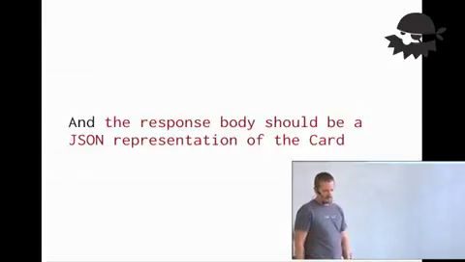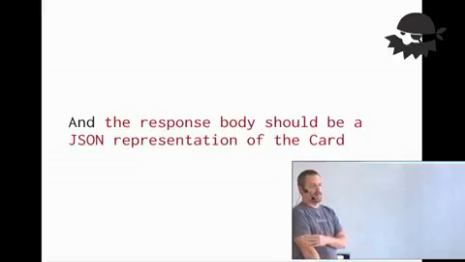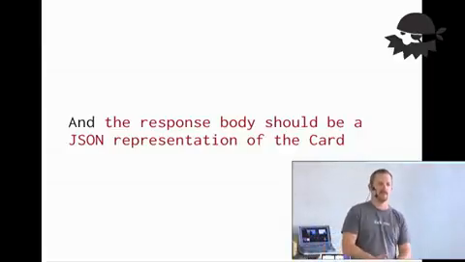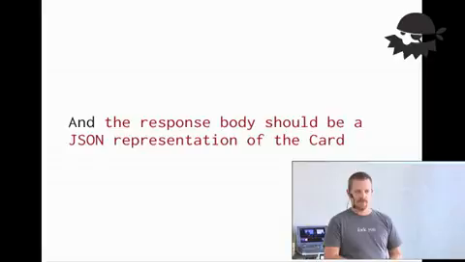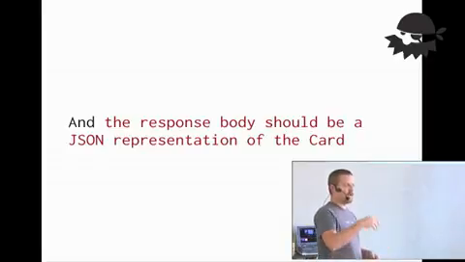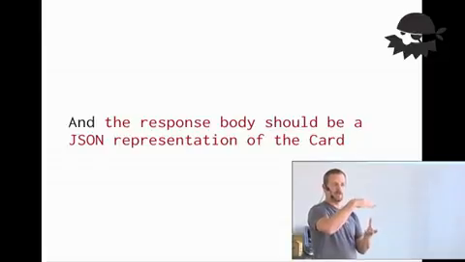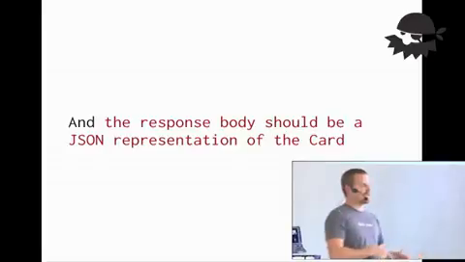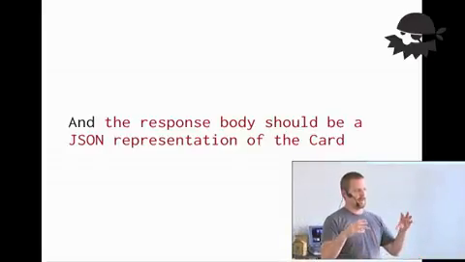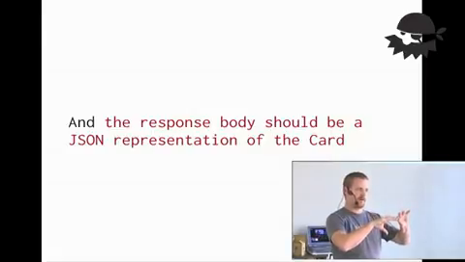And then the final step there is that it should be a representation of the card. This is a bit of a punt, and the reason I say this is a bit of a punt is because what I really would like to be able to say, and I tried this the first time around, is that the response should be, and I should see the JSON, I should be able to, in the code, describe what the JSON response looks like. The problem with this is it's still early in the stage of actually being able to compare the JSON results. You can't just do a